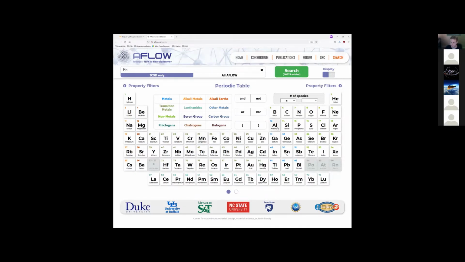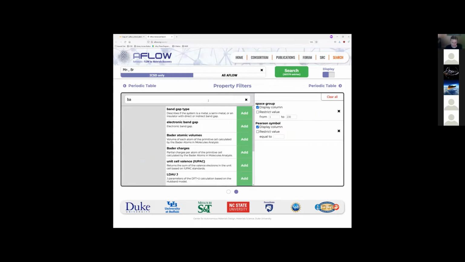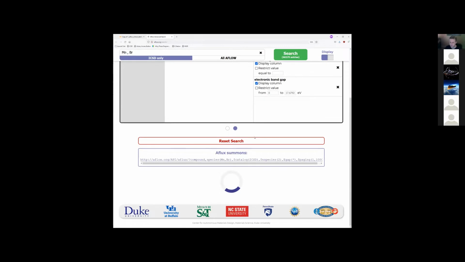One is manganese and the other one is bromine, and it's a binary compound, so the number of species is 2, and what we want is the band gap. So when we're looking in the search page, in the properties filter, when we type in band, we have 2 properties. We want the electronic band gap, so we add them to the search, and then we start searching,